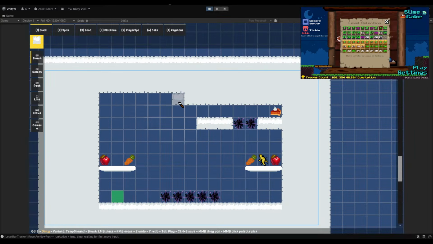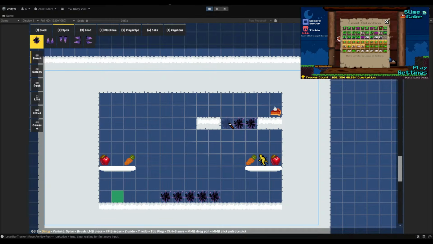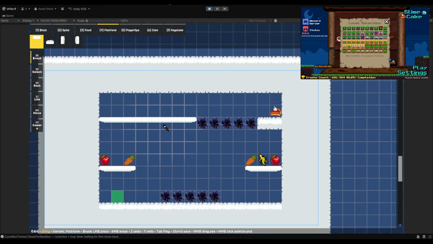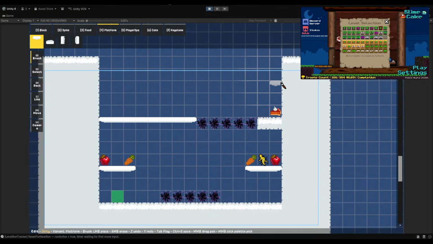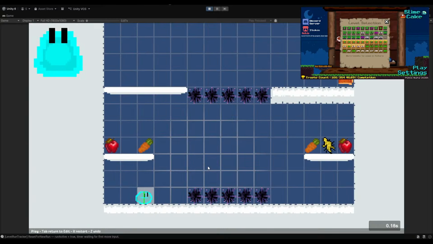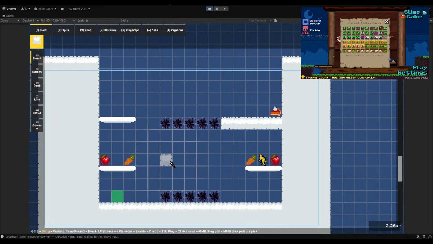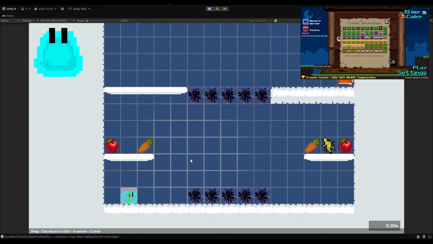Also, I think that is way too hard to reach with just... Maybe this? At this point, then we could just move this here. And we can just do this. Actually, that is relatively clean. That's cleaner than I thought. Okay, I think that might be okay.